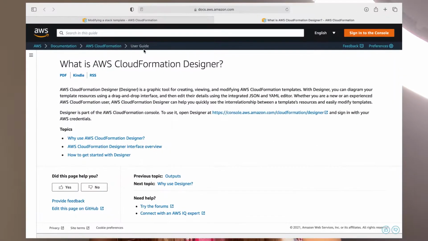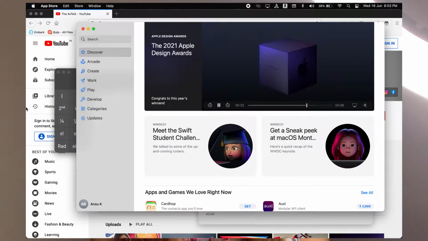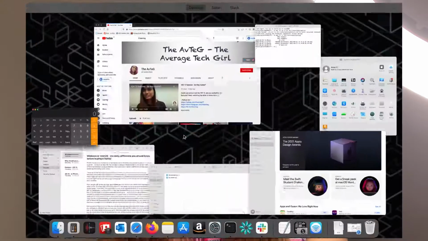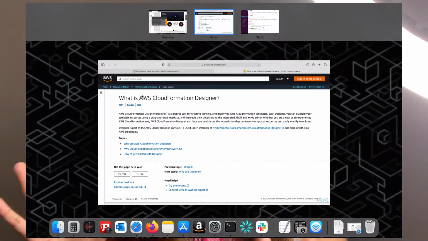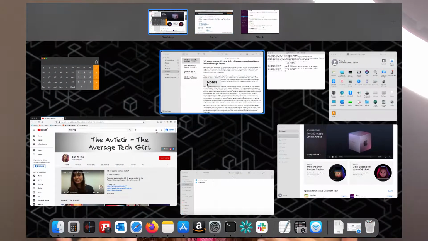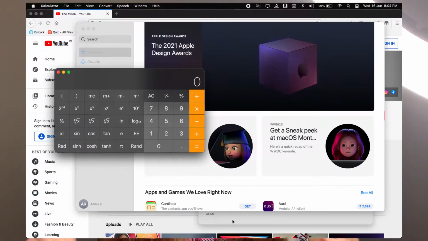On the Mac, on the other hand, whenever you create a full screen, it goes into a different space. You can do the same on Windows, but it is not done by default, and I never ended up using that. But on a Mac, whenever you full screen a window, it goes to a separate space, and I find it really convenient because you have this desktop space with a lot of windows open, from calculators to terminals to a few browsers and the Finder app and a lot of things.